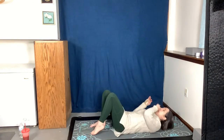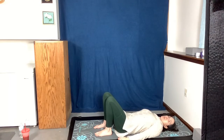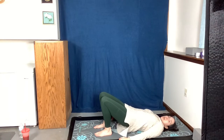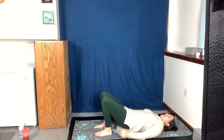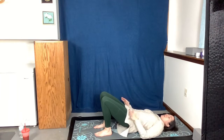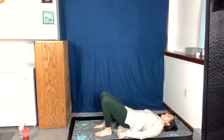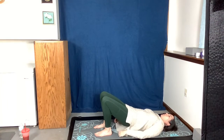To start out, let's bring both feet down. Hands are down for support. I'm just going to lift those hips and then come back down. So let's just do 5 nice and easy here. And remember, these are always an option if you do not like what we're doing next. 3, 4,